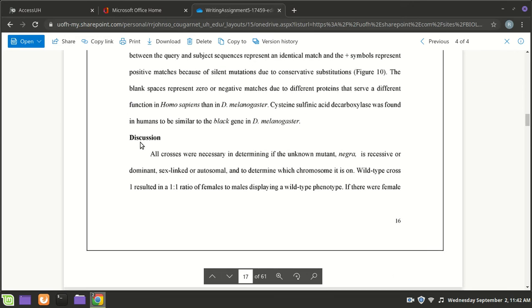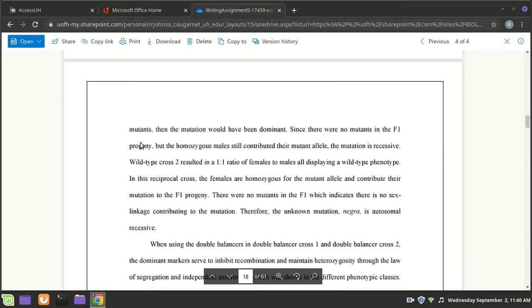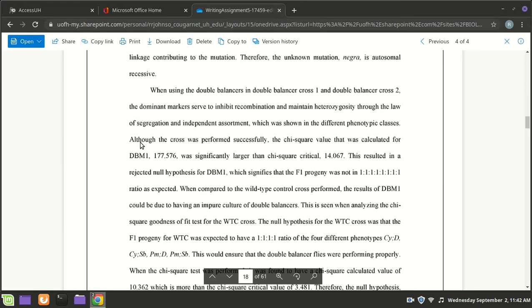Discussion, this is where you kind of go through and bring it all together and say, hey, we found this, this is what we think happened, this is why we think as we do, what kind of results did we get that support our hypothesis that something is true or not true. And this is where you would discuss this. All right,